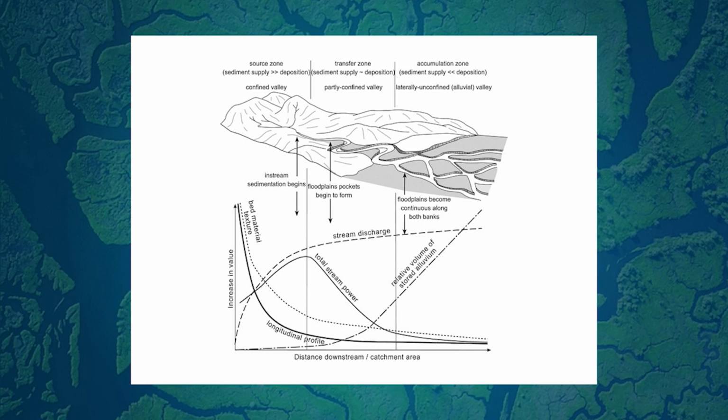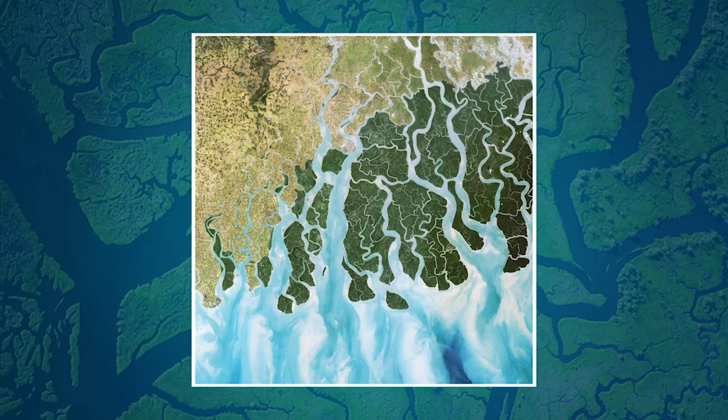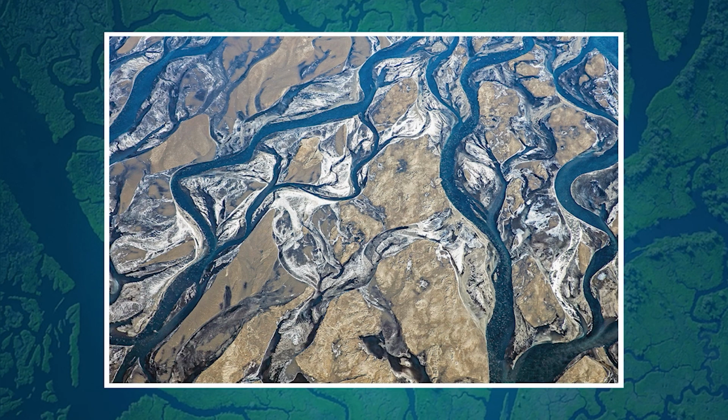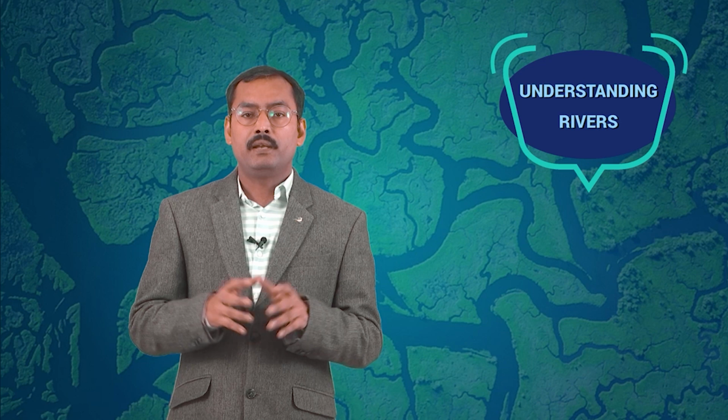Large rivers split to form deltas with accumulated sediments at the end before merging into the sea, and braided rivers are associated with high energy environments, high sediment loads, and unstable channel banks.